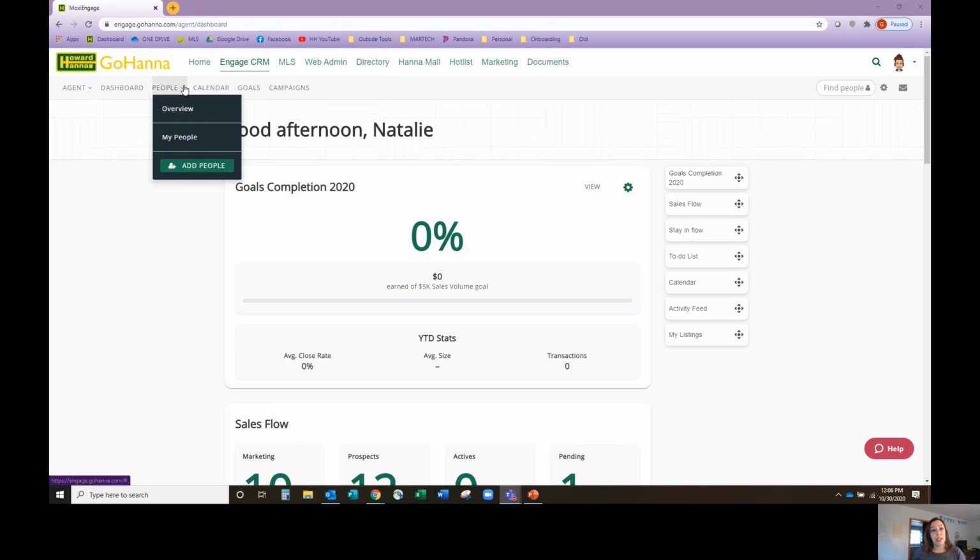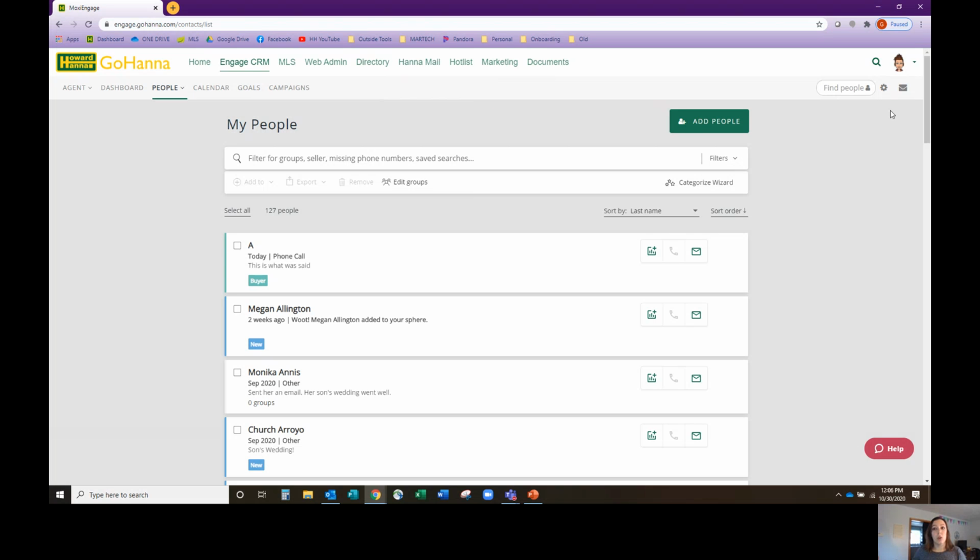Basically, we want to get under the My People tab here. And once that opens up, we are going to click the gear to the top right. And you will notice that there are green and there are blue menu items. The blue items change depending on what tab you are under. So that's why it's really important to be under the People tab in order for this Import Outlook CSV menu